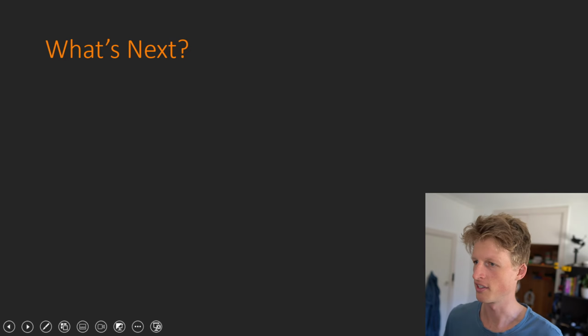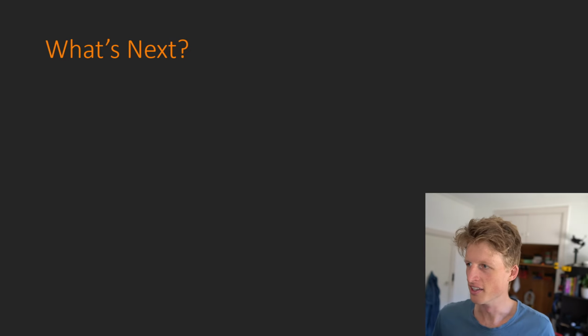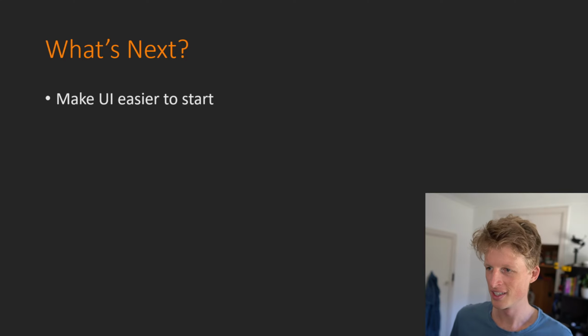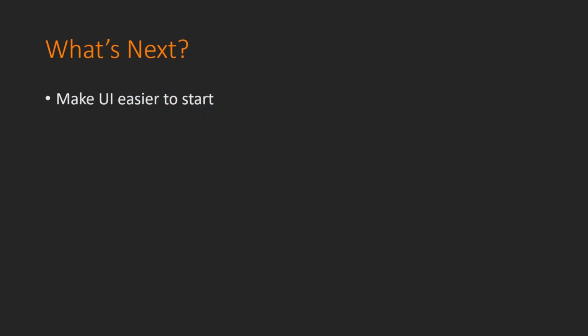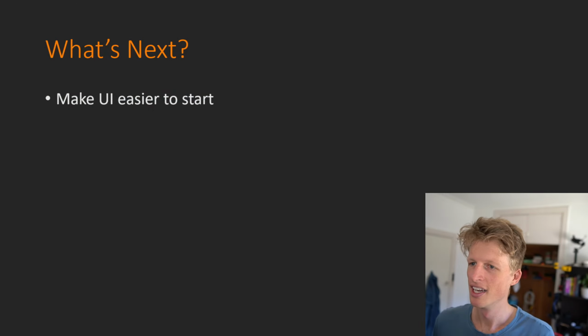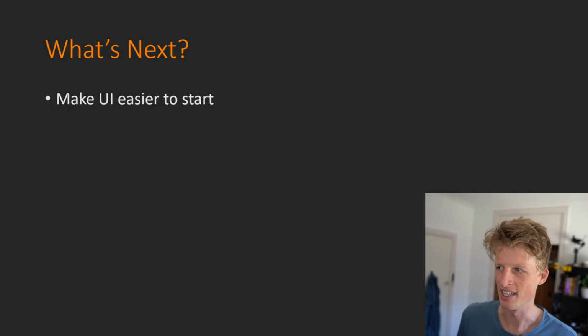All right. Now let's have a look at what is next. There's still a little bit of UI work left to do, but it's going to be good once it's done. I figure it's worth putting in the effort to make the UI fully usable so that I can just load it, have it be ready, and have it be perfect before moving on to the next thing, which is to make the robot juggle, which I really want to do. But first things first. So yeah, one thing that I want to do is make the UI easier to start,